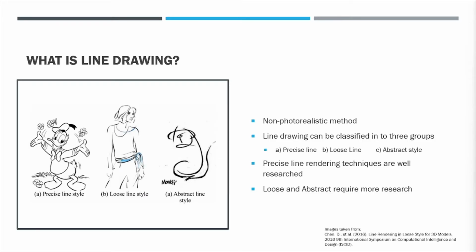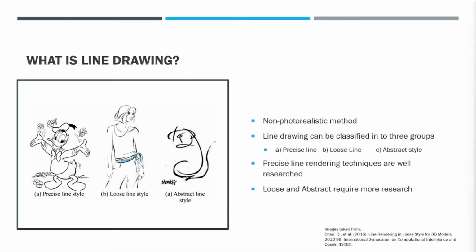Before the demonstration, I'm just going to give a quick overview of the paper. So what is line drawing? Line drawing is a non-photorealistic method, and it can be classified into three groups: precise line, loose line, and abstract style. Precise line rendering techniques are very well researched, while loose and abstract require a lot more research, and that's where